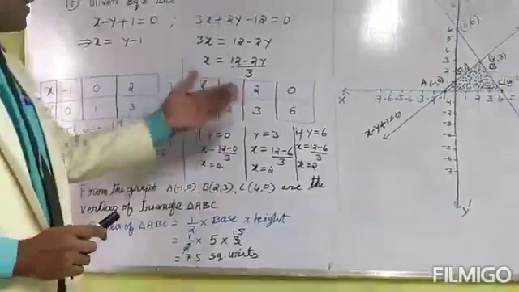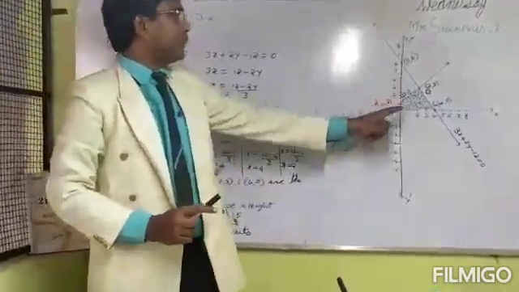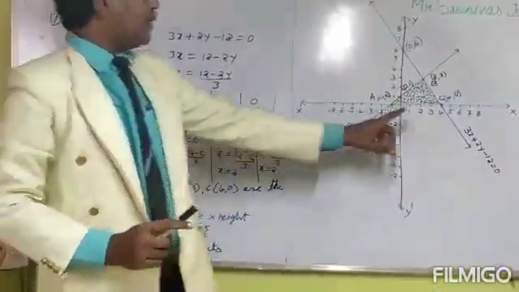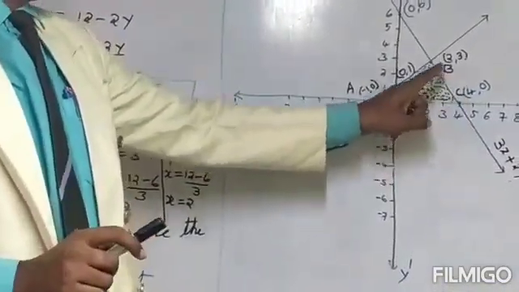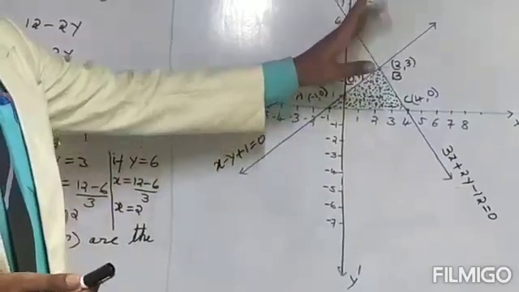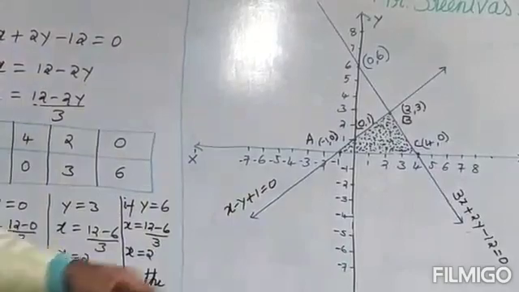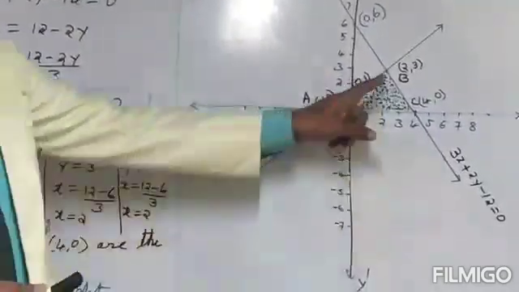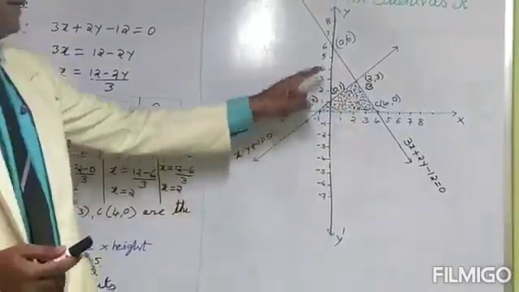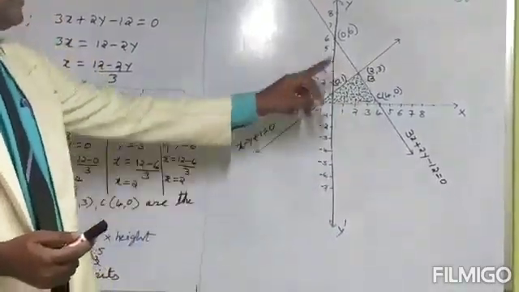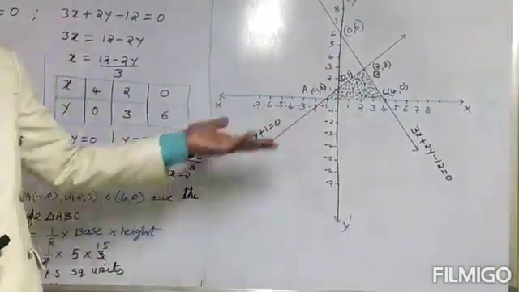So we are going to plot these points in the same graph paper, in the previous graph paper only. So here you see 4 comma 0. It is 4 on the x axis, no y axis, and next 2 comma 3 this is, and 0 comma 6. Join these 3 points by using the ruler. So you are getting the intersection point 2 comma 3, and one more, here I represented A, B, C. You see here A, B, C form a triangle. I shaded here also.